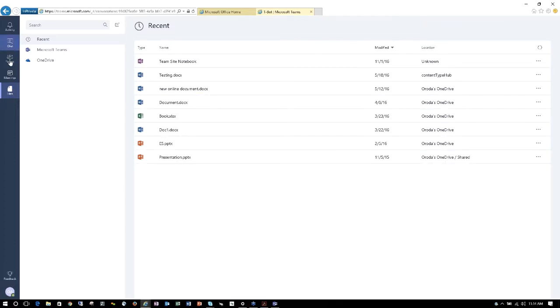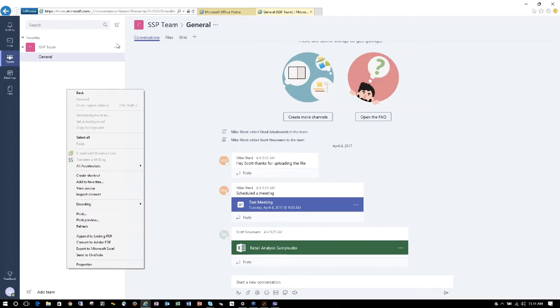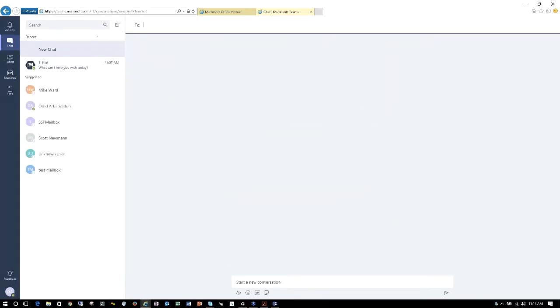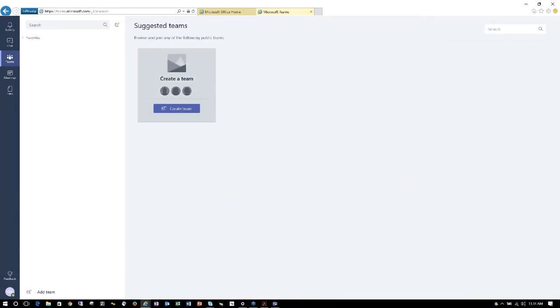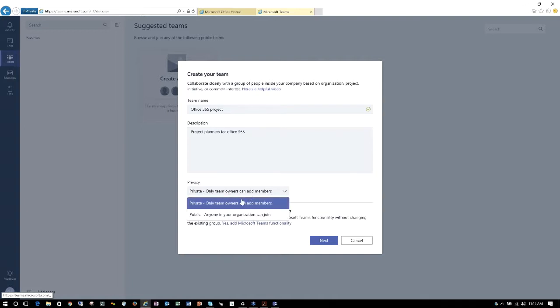So building out Teams is very easy, and I'm going to go ahead and show you how that's done right now. You can easily come over here and select this right here. You can easily remove teams or add channels, or you can create a new team or send a message to a new team. So Teams allows me to add a team, to create teams for different organizations that I might be involved in. For example, if I was going to do an Office 365 project, I can easily write a quick description